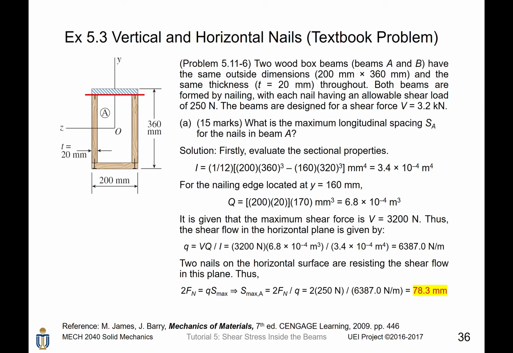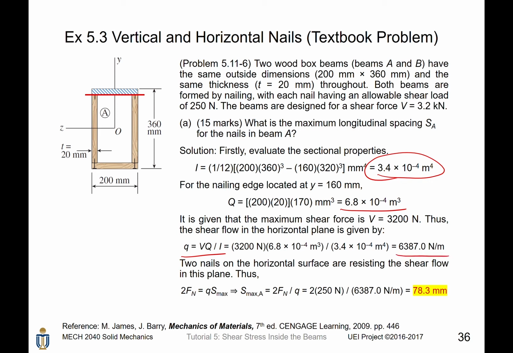For part A of this problem, it is very similar to the previous example because it is a vertical nail. We need to evaluate the first moment of inertia for the region above the nailing boundary. First, evaluate the second moment of inertia, I. It is given by 3.4 times 10 to the power minus 4 meter to the power 4. And the first moment of inertia of the region above the nailing edge, after a series of computations, is given by 6.8 times 10 to the power minus 4 meter to the power 3. Then we can compute the shear flow by substituting all those numbers into this equation. The shear flow is given by